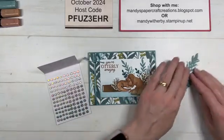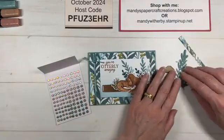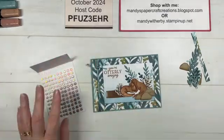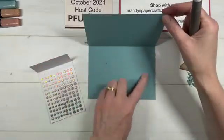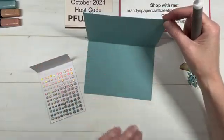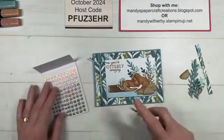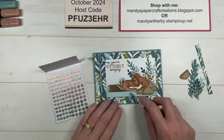All right, and we've got these little pieces left over, and I've got this strip, so we can use them to decorate the inside of the card as well, which I won't do on my video today because the video's already gone quite long, but I will put a white insert on the inside. I'll probably do a little bit of blending around the edges of the white cardstock on the inside, and then I'll decorate with these little pieces that I've got left over. But let's use some of these little...